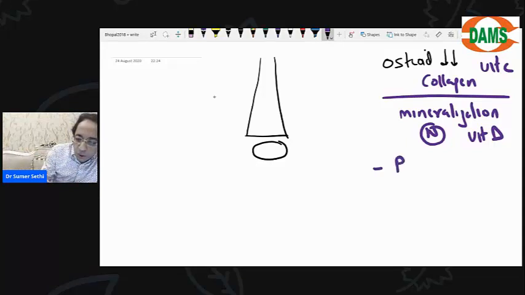Thin bones will lead to pencil thin cortex. Now clear? And thin epiphysis will lead to only the margin of epiphysis being visible, which is called as